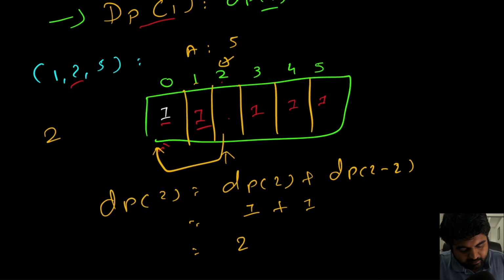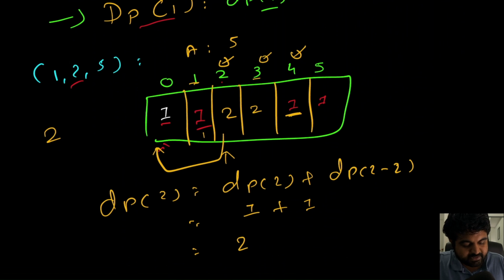Same way, this 3 is going to remain as it is, because 3 minus 1 is going to be 1, and 3 minus 2 is going to be 1, but this value is also 1 and this value is also 1. So this is also now going to become 2, because now there are two distinct ways to generate amount number 3. For value number 4,